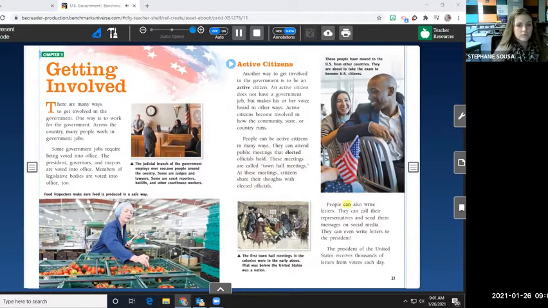People can also write letters. They can call their representatives and send them messages on social media. They can even write letters to the president. The President of the United States receives thousands of letters from voters each day. These people have moved to the U.S. from other countries. They are about to take the exam to become U.S. citizens. The first town hall meetings in the colonies were in the early 1600s. That was before the United States was a nation.